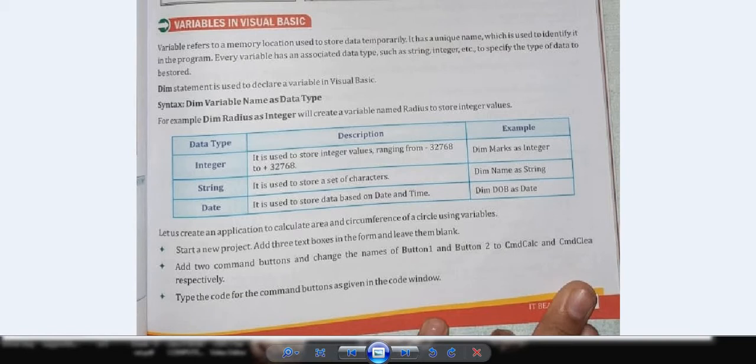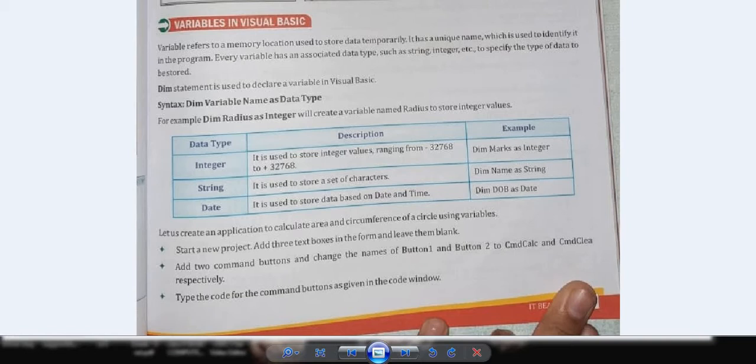So variables can be of different types, right? Suppose the user is giving numbers as an input. He wants to add the two values, or maybe he wants to print something, right? If he wants to print text, or a string or a character, different variables can be of different types. Variables can be of different types means the way we are pointing to some particular memory location in the memory, what we want to store in that location can be a number or a string. So we will also define what kind of variable we are creating. You will understand it in a better way when we see the program, right?